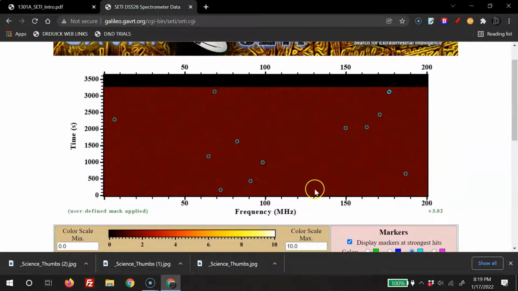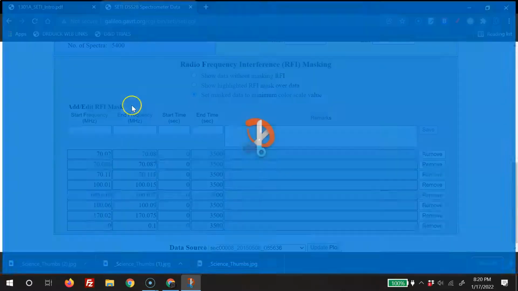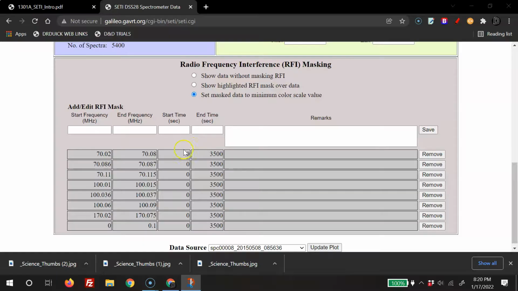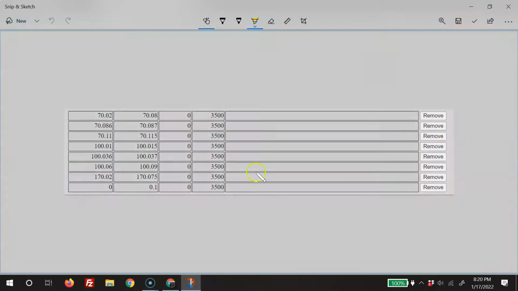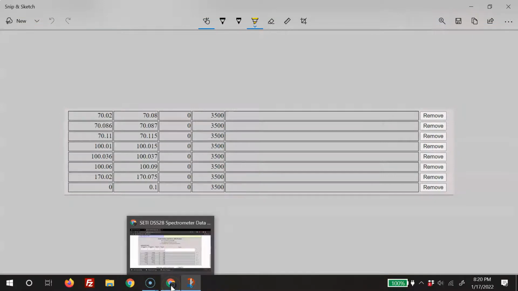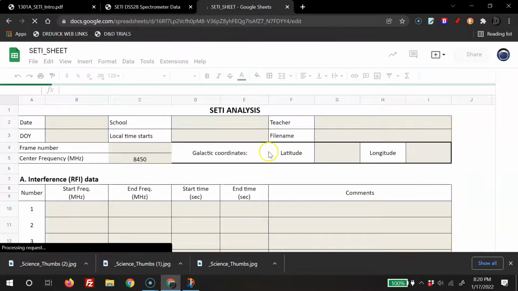So now we're going to start trying to dig these things out, okay? But first we're going to grab this stuff because this right here is important. Okay, because this tells you all the stuff you got to cancel out to make this thing happen. So what I'm going to do is I'm going to shortcut part of this, and I'll show you how. I'm going to grab this thing as a snip, okay, new, and I'm going to take out this stuff that I am removing from this thing. Copy this, okay, and I'm going to put this into my SETI worksheet log. Okay, so if I go to my worksheet log,